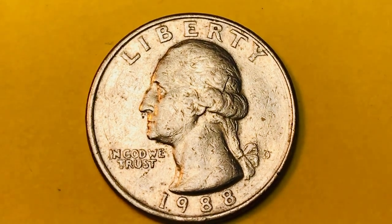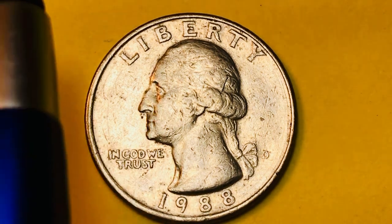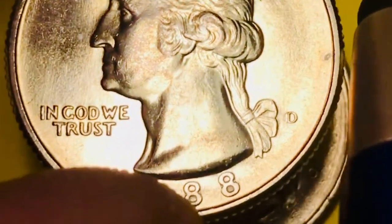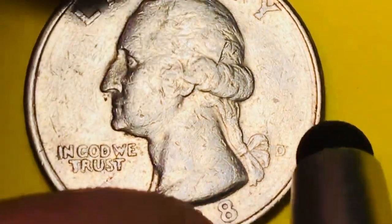And today we're going to take a look at the 1988 Denver Mint coin. We're going to look at some used or circulating ones we just picked out of our change, and we're going to look at some really fancy ones like this one right here, which might be worth maybe $20 to $50. It's just a really good condition one, but let's start with these, and these are the ones you can find